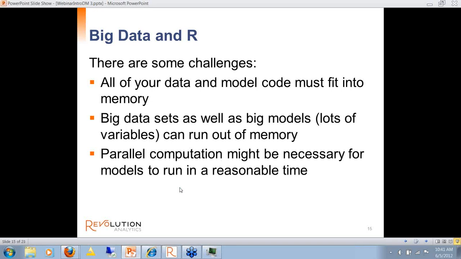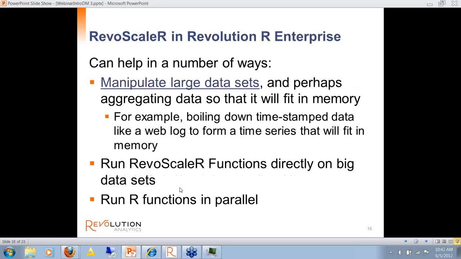For R anyway, all of the data and the models have to fit into memory. And it's also the case, as we just saw, that you might want to use parallel computations in order to make your models run in a reasonable amount of time. So the combination of big data and parallel computations may influence